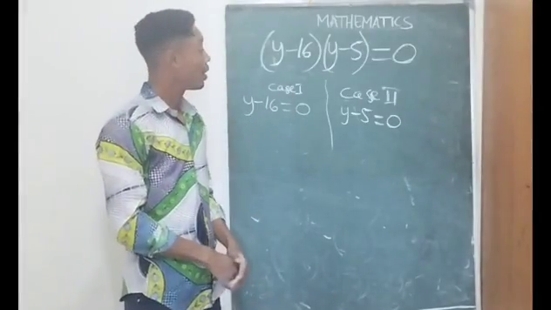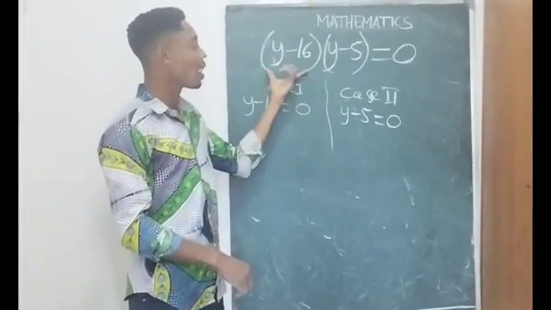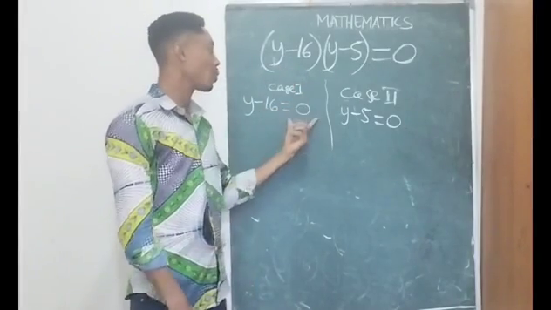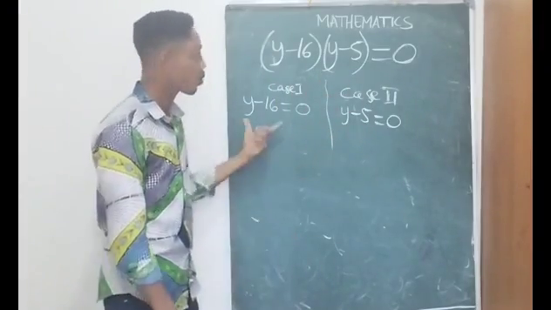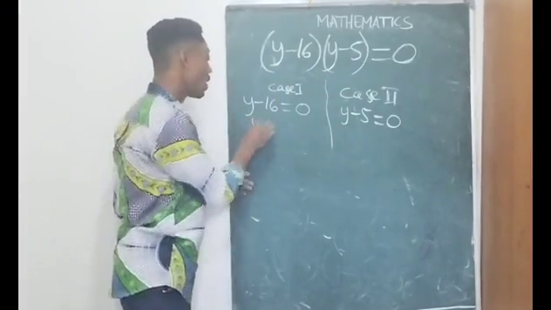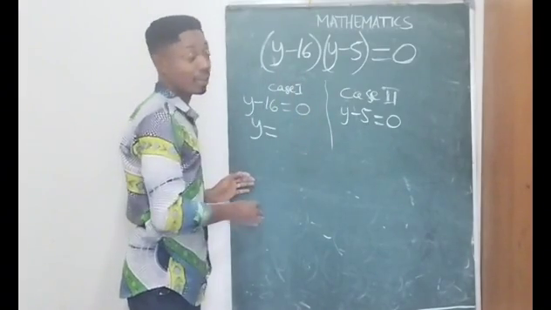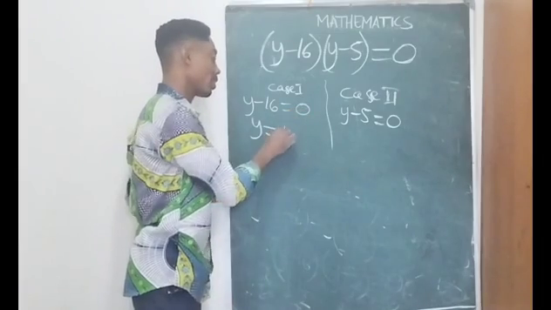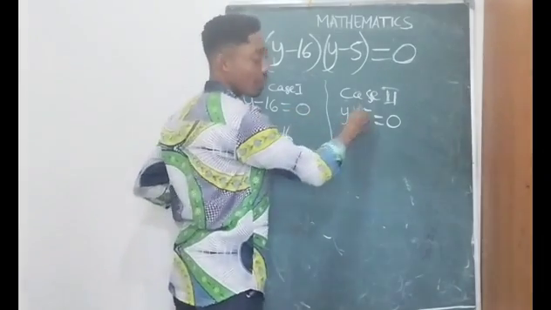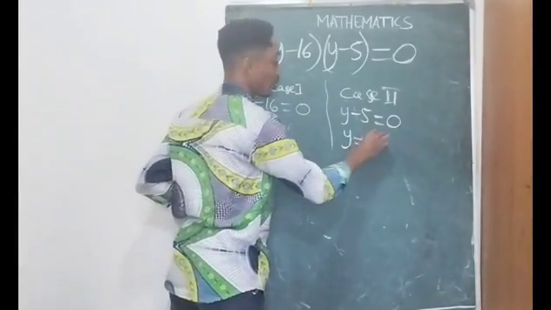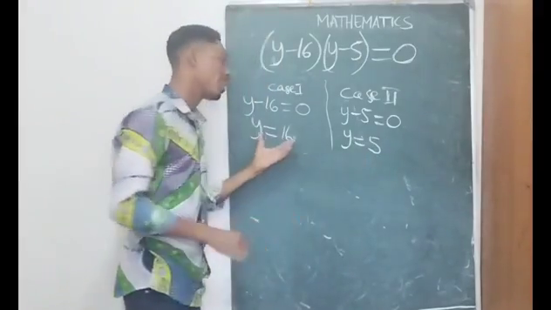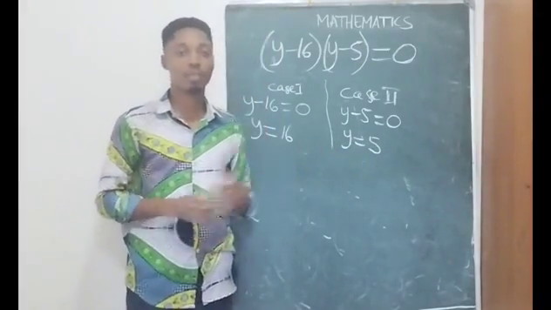Moving forward, it is either y minus 16 is equal to 0 in the first case, or y minus 5 equals 0 in the second case. So if y minus 16 equals 0, that means y equals 0 plus 16, so y equals 16. If y minus 5 equals 0, then y equals 0 plus 5, so y equals 5. So these are the solutions to this quadratic